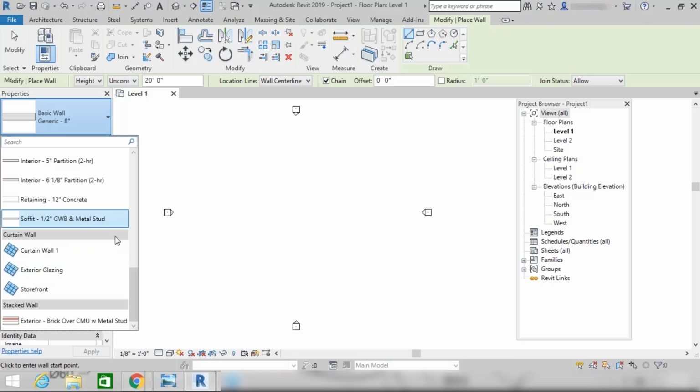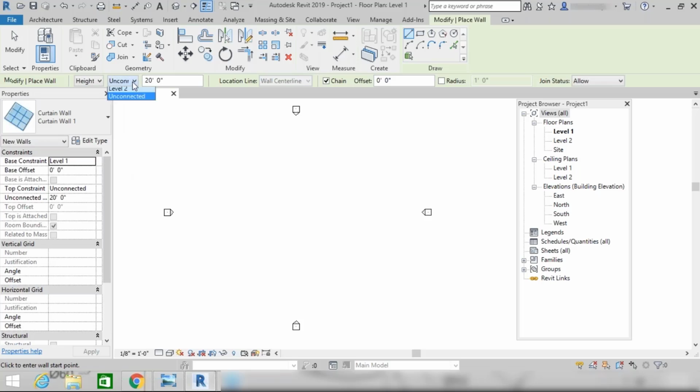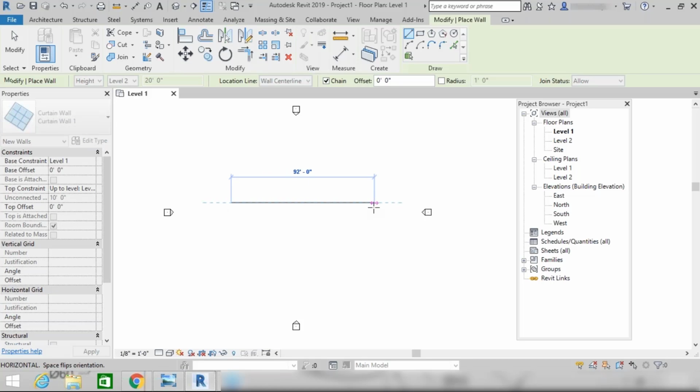So let's see what a curtain wall is and how it looks. Here I am selecting this curtain wall one, keeping its height up to level 2. After that, I have created a wall over here. Let's say it is 100 feet.